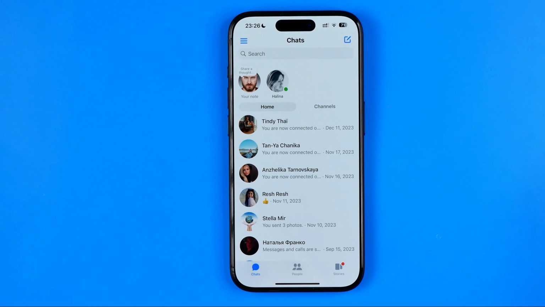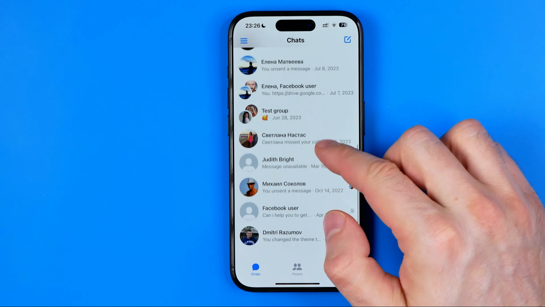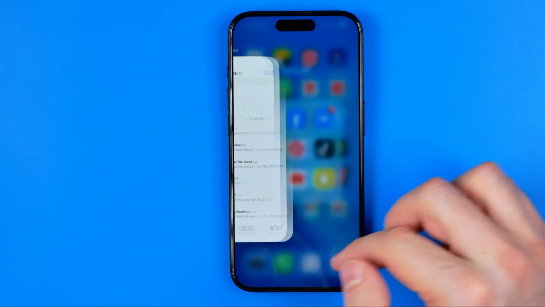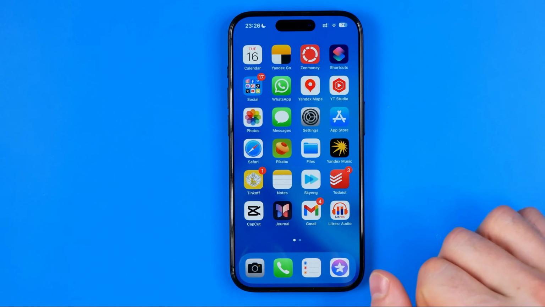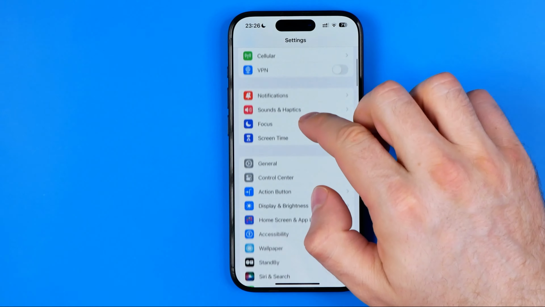In this video, I'm going to show you how you can easily make text bigger on Facebook Messenger. Be sure to watch the video to the very end so you don't make any mistakes. Let's get started, guys. The first step, on an iPhone, we need to head over to Settings, then scroll